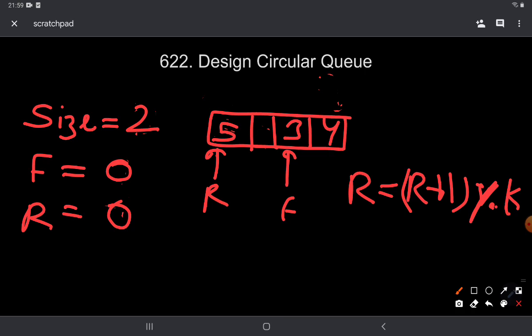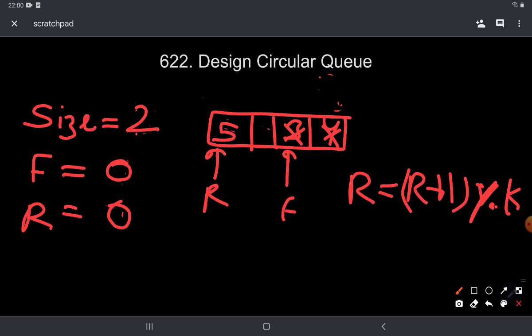Now similarly, let's say I have to remove a few elements. My front pointer is over here, so I remove 3, my front pointer shifts forward, I remove 4. Now my front pointer has reached over here, and when I have to remove further, I cannot move my front pointer forward, but there is still an element ahead of this 4 in the queue, which is this 5.